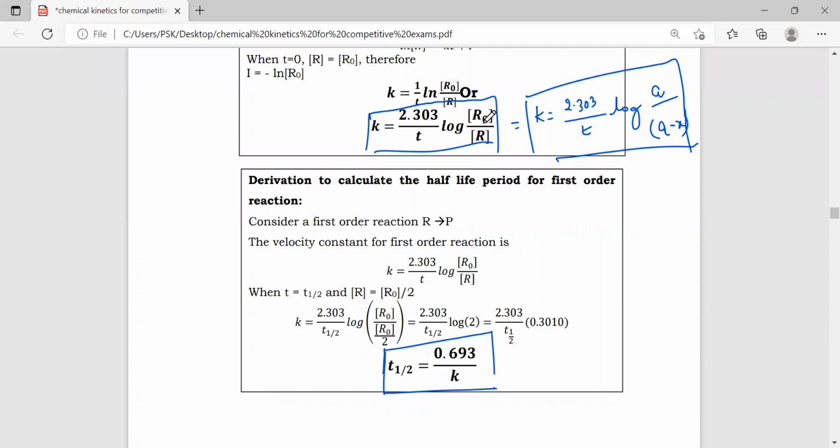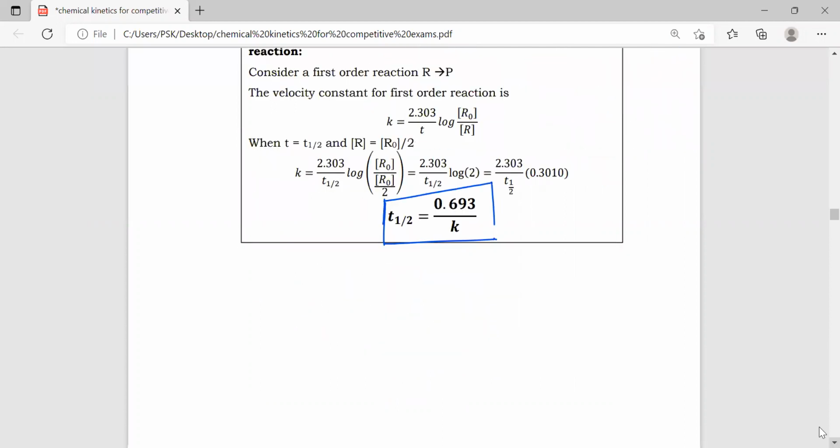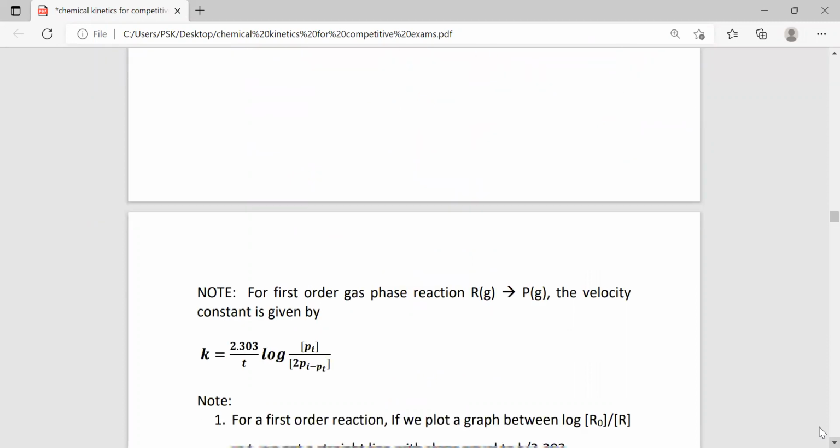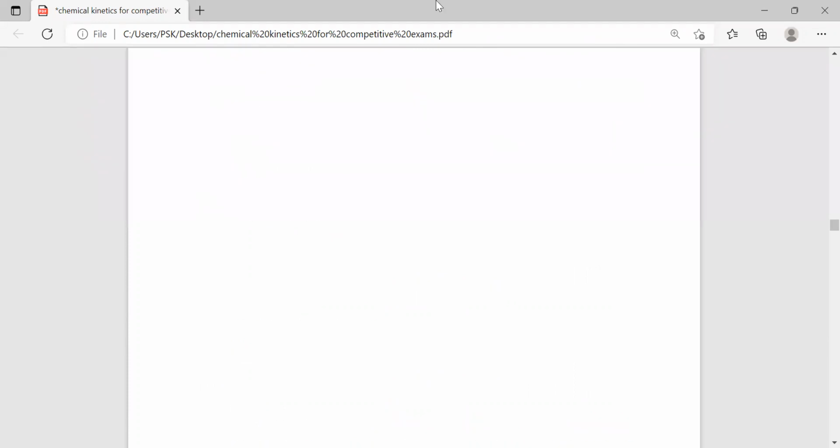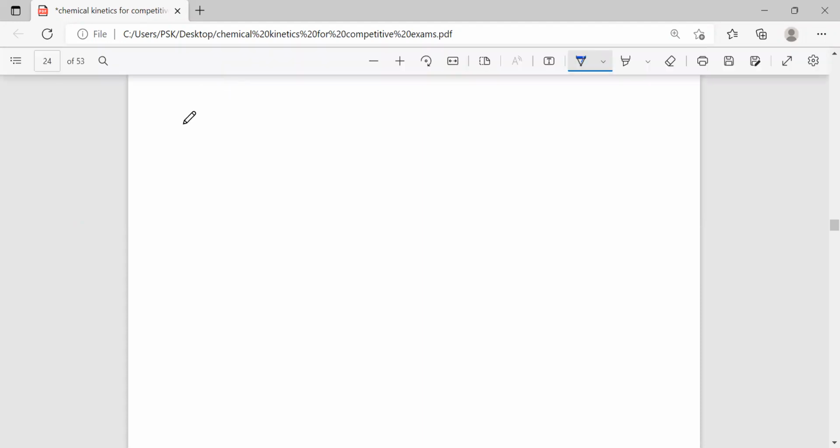When a reaction is performed in gaseous state, can we talk about concentration? Ajay? Can you hear me? No, sir, we cannot. When we are performing a reaction in gaseous state, we have to talk about pressure. Now we will derive